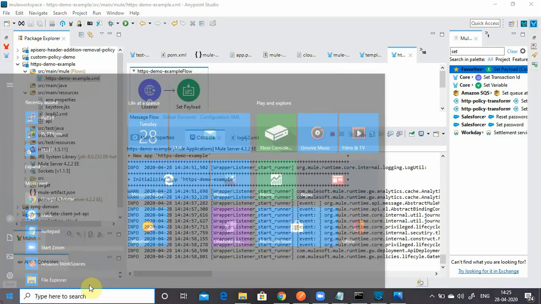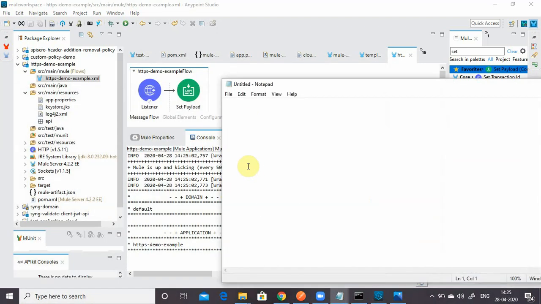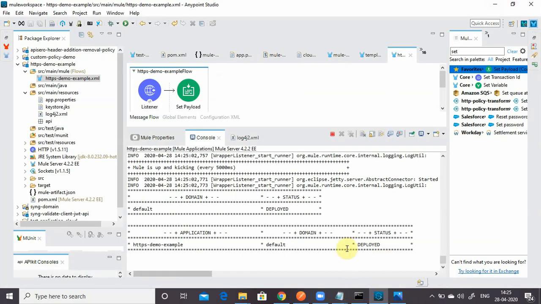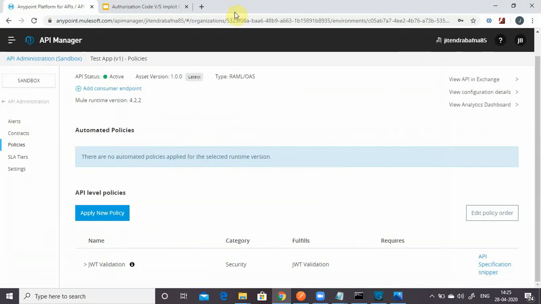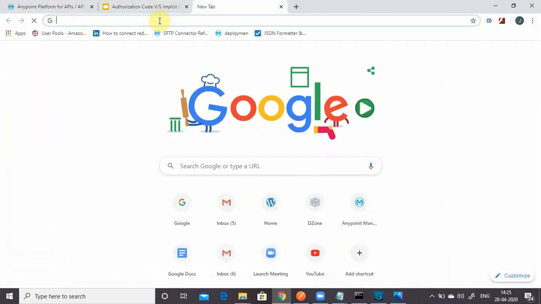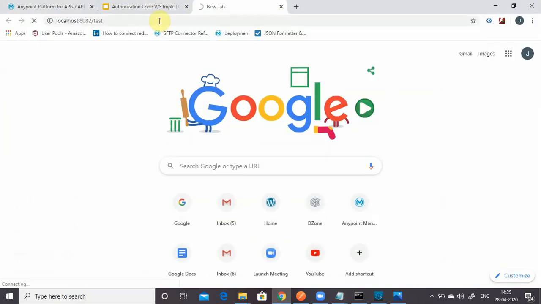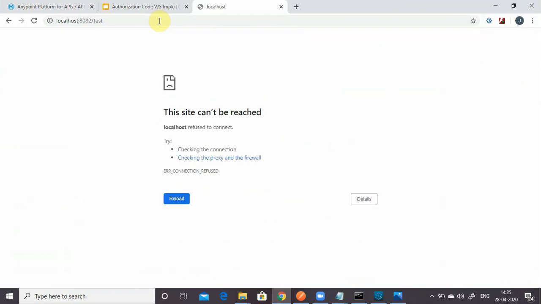So let me form the URL. My URL will be https://localhost:8082/test. Copy this URL, and now that the application has been deployed, I will paste it and press enter. The site refused the connection.